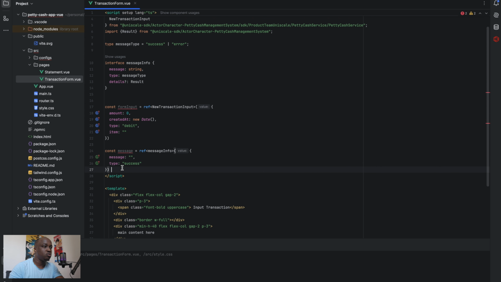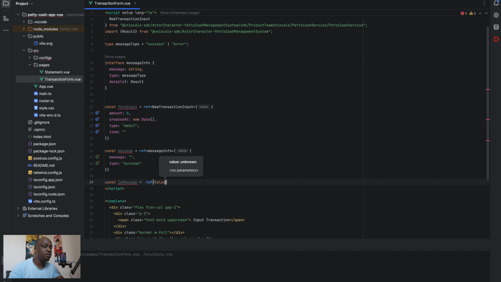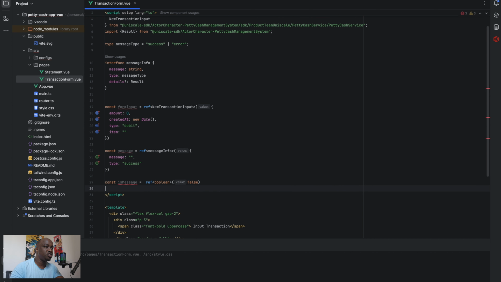Yeah, so next thing we're going to do is, okay, I'm going to put a boolean. This boolean is essentially going to handle if I present the message or not, so that it is not always in your face. You'll see when that comes in handy. I think I can jump straight into the actual submission,